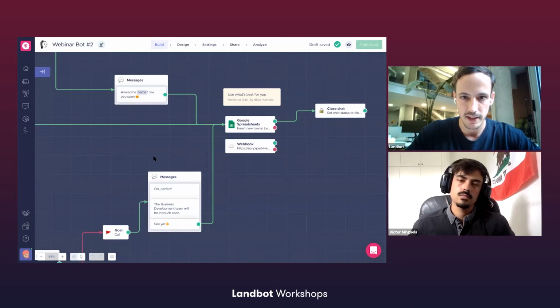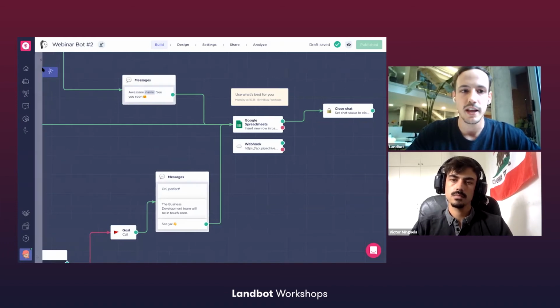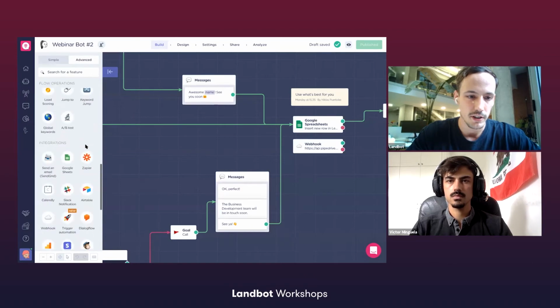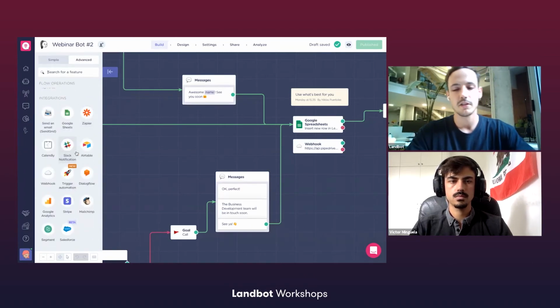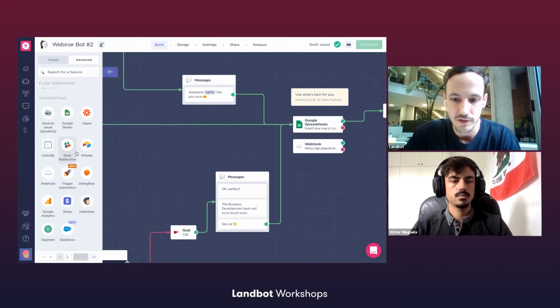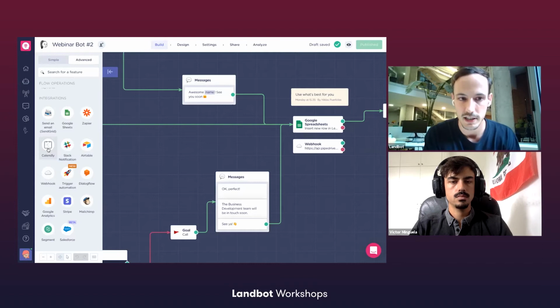I would start by saying that there are mainly 3 different types of integrations in Landbot. So on one hand, we got native integrations. So if we go to advanced and we scroll down here, we'll see the different integrations. On one hand, we got the native ones, which means that we got a native integration created for a specific app or third-party tool to be able to send and or receive information. For example, Slack is a native integration, Airtable, Google Sheets, Calendly. So all these integrations are native to our system, which means that it's just basically a couple of clicks and you got it integrated.